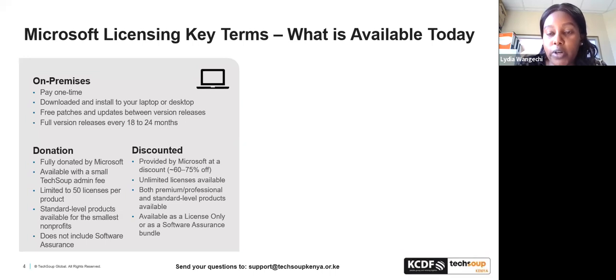Previously, you could also downgrade. If you had Office 2019, you could downgrade to Office 2016. You could also get Office 2013. But now, as of January of this year,